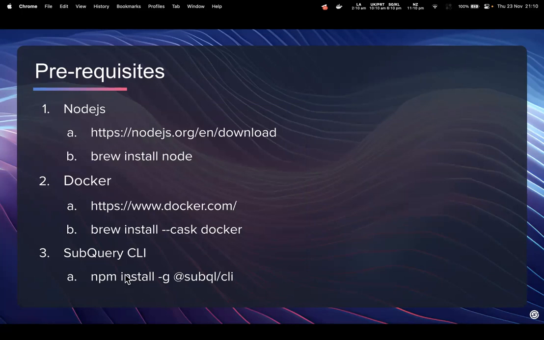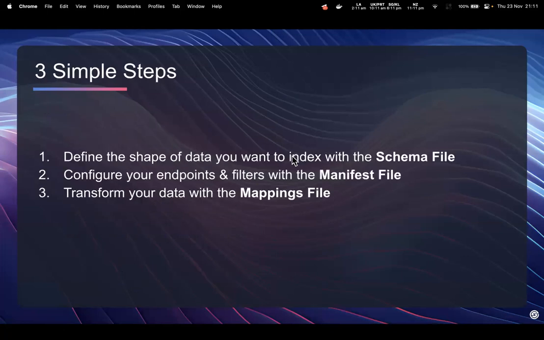The last one here you may not have, because this is the actual SubQuery command line interface, or CLI, and you can install this very easily with npm install -g for global @subql/cli, and I've got this in the chat as well, just for your reference. And once you've got all these 3, what we can do is start creating a project.